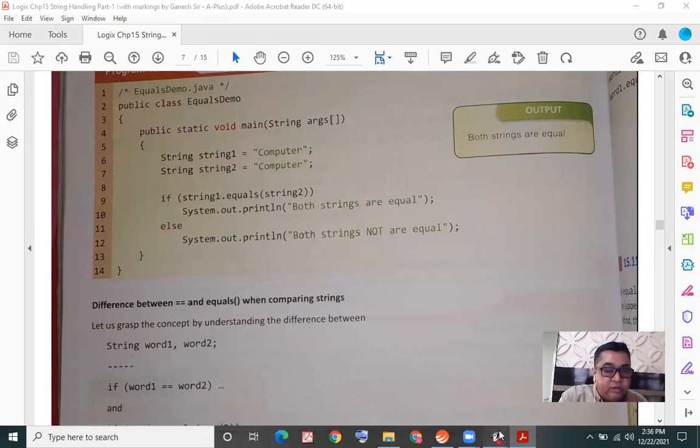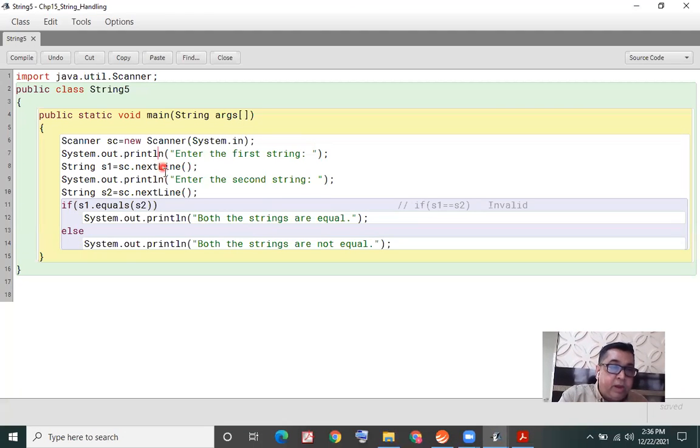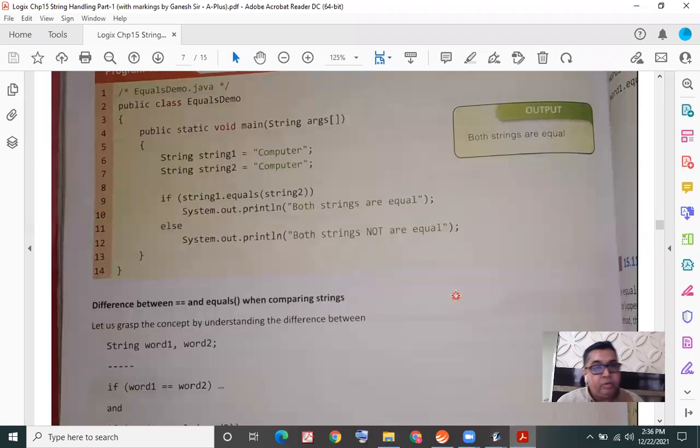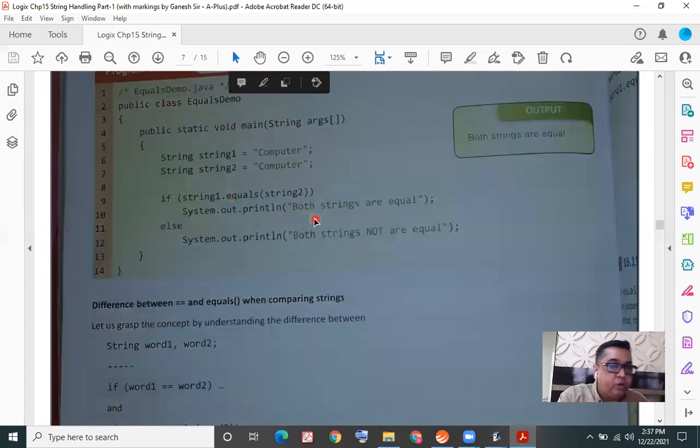So you saw in this example of mine, where I'm actually inputting my strings, I'm getting proper results. Are you convinced? Are you satisfied? Did you understand? If you're bothered a little bit that earlier it was working, just ignore that, it was not working as such. I'm not going into the technicality of why you got that impression, but just accept the fact that when you're comparing strings, you should use the equals method.